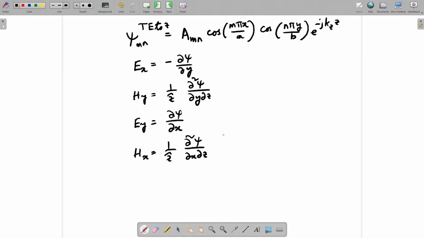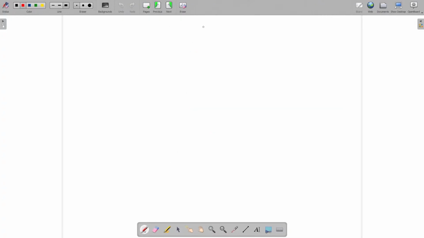So, therefore, after performing these operations on this psi function, so substituting this psi function here, here, here and here, and finally evaluating the integrand E x h y star minus E y h x star, we will obtain the power flow as real part of 0 to b, 0 to a,